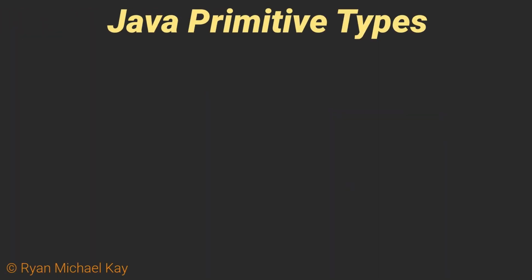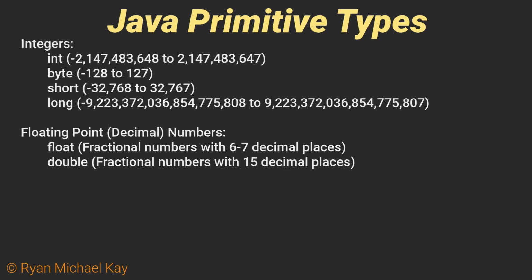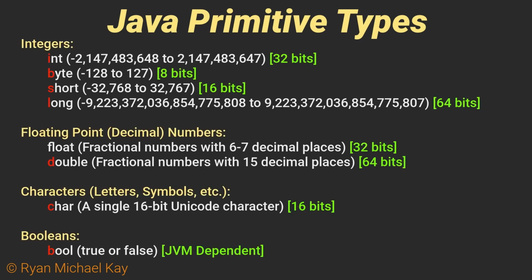Thankfully, in Java and most other high-level languages, we do not need to work exclusively in binary. Java provides us with 8 different fundamental or basic types, which are known as primitive types. Those types can represent integers of varying sizes, floating point or decimal numbers, a single 16-bit Unicode character, or a Boolean which represents either true or false. Primitive types always start with a lowercase character, and this is important as the compiler will not treat them the same way if you use an uppercase first letter.